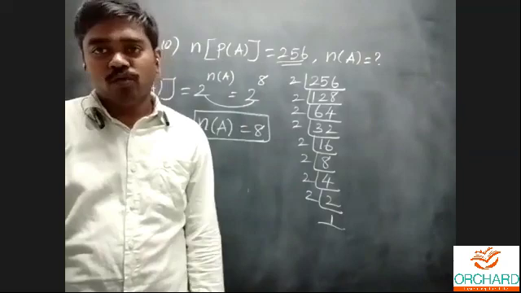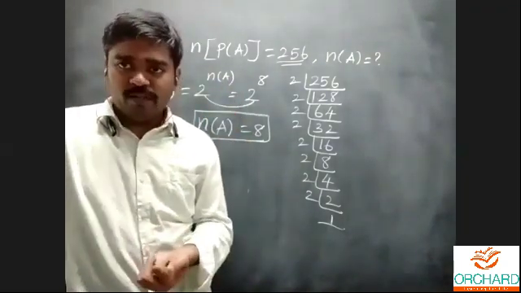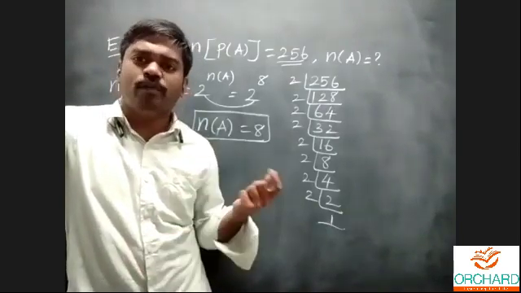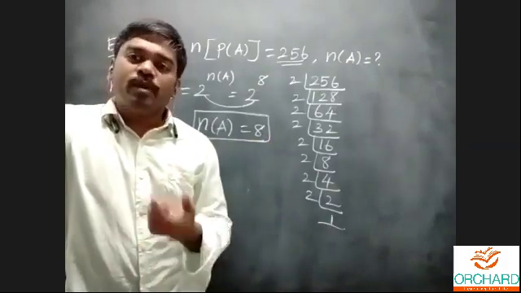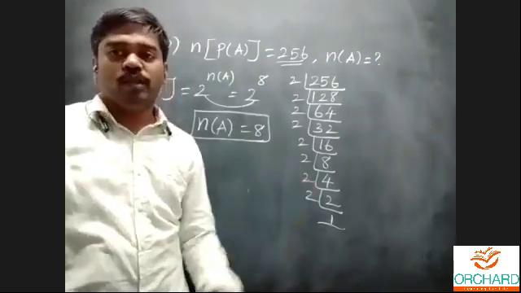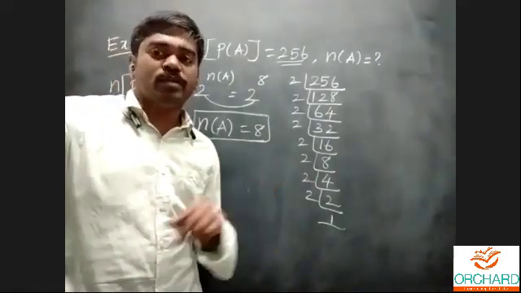These ideas are related to the number of elements in the power set. That is called the total number of subsets, or how many possible subsets for a set. Next, how many possible proper subsets for a set? You just subtract that one, and it gives the proper subset answer.